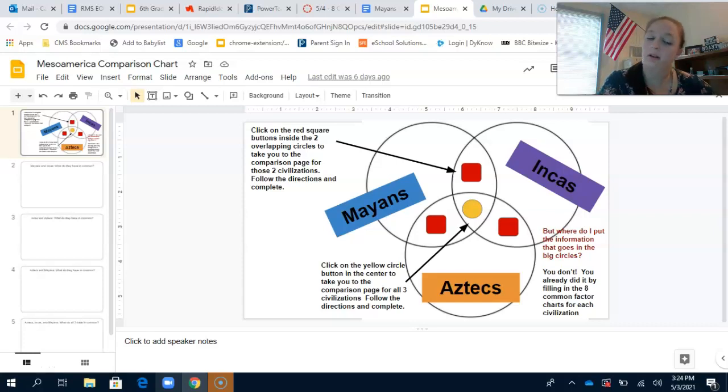At some point in our educational careers, we have all completed a Venn diagram. So we know that these are used to compare and contrast various things. Today, for instance, we are going to be comparing the Mayans, the Incas, and the Aztecs. Now, over the last 2 weeks, we have spent a great amount of time filling in our 8 common factors